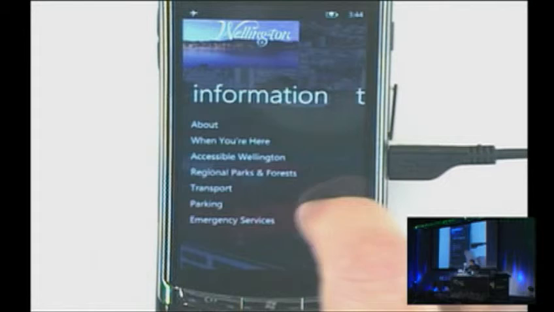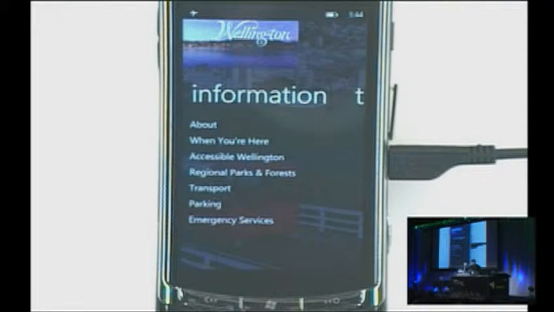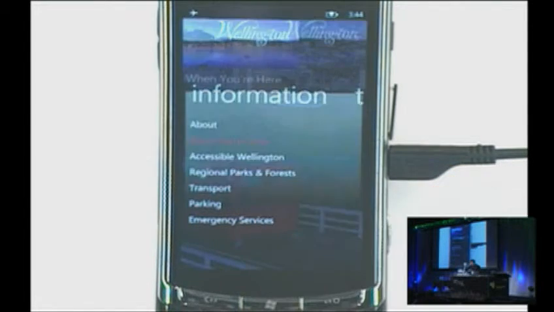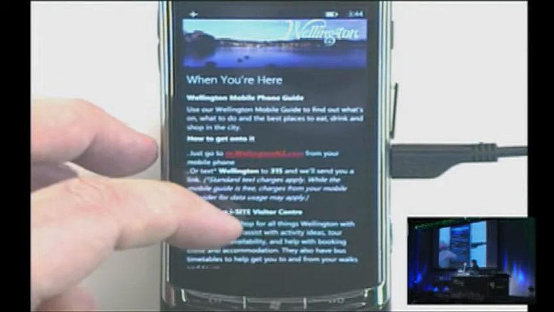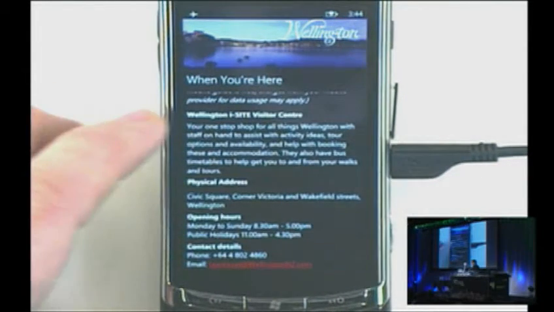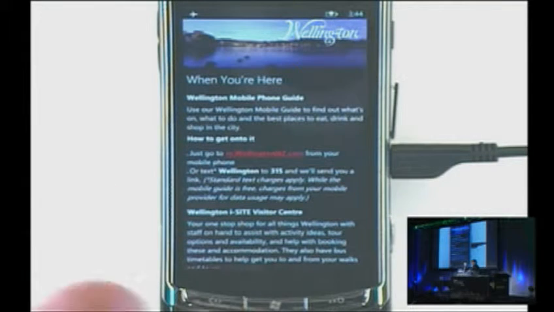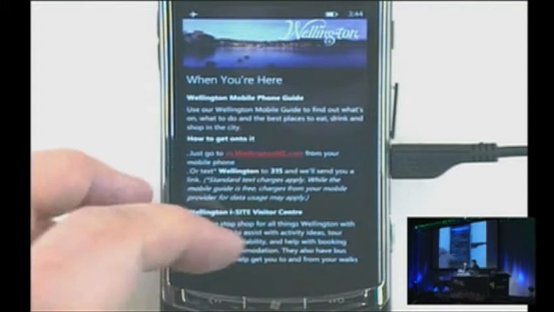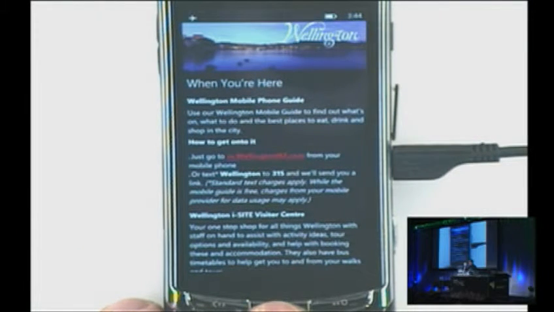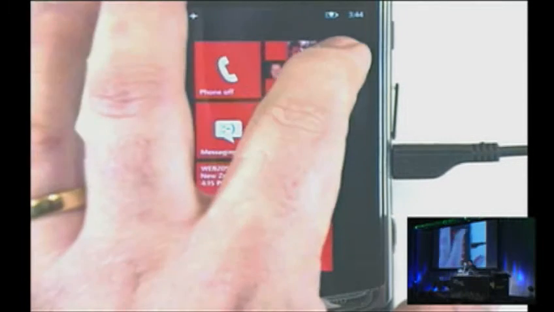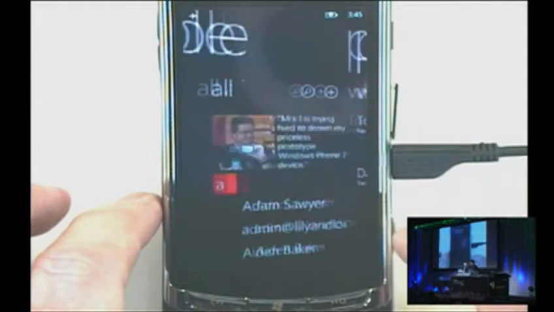And likewise, there is a list of information pages. And there's one little trick I've done here where when you go into one of these pages, you see that it actually matches really well with the layout on my phone, the theme on my phone, the black background, red highlight. That's actually HTML there. And what I'm doing is before I load it into the web browser, I'm prepending to the beginning of it a CSS file that I've dynamically created. So if I go and change my theme,